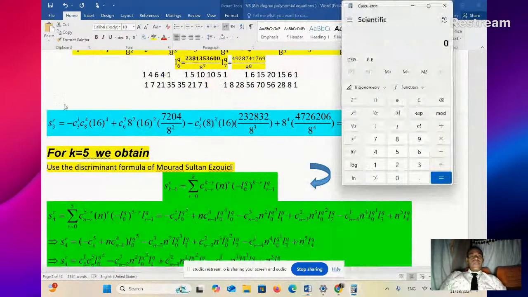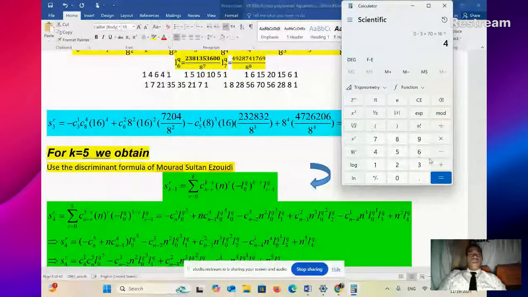Here you can see negative 3, 8 choose 4. This is 1, this is 2, this is 3, this is 4, which means 17. So I'm going to write negative 3 multiplied by 17 times 16 raised to the power 4. Then plus combination 6 choose 2. This is 6 choose 1, 6 choose 2 is going to be 15. So I'm going to write here in the calculator plus 15 times 8